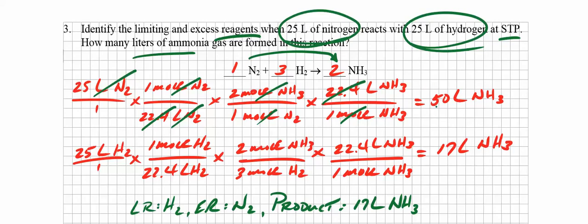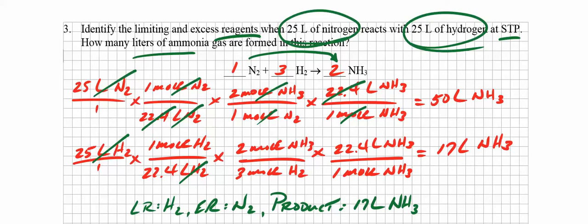Okay, so I have to compare this number to what happens if I start with 25 liters of hydrogen. So I'm going to start all over. We have 25 liters of hydrogen gas this time. I'll do the mole conversion, 22.4 liters per mole, because hydrogen is a gas, right? It is a gas, and therefore it has that volume at STP. So 1 mole of H2 then is going to